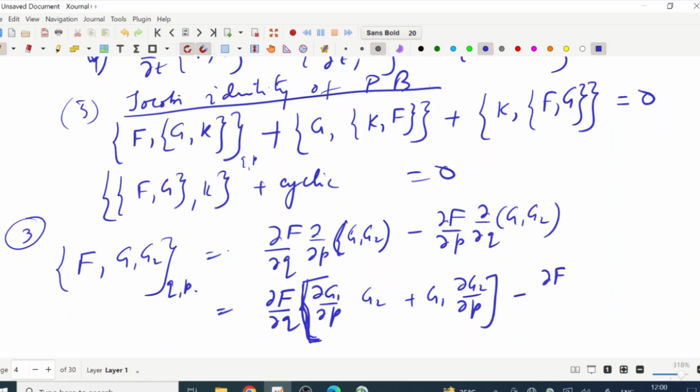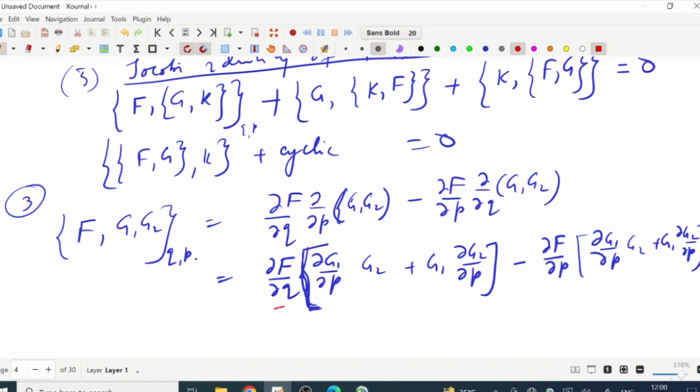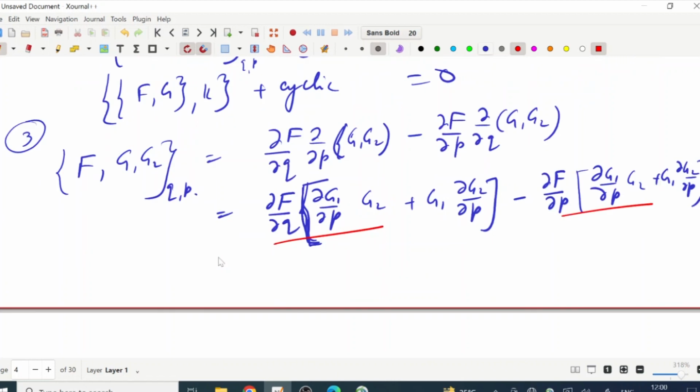Similarly, the second term will be del g1 del q of g2 plus g1 del g2 del q. Now you can combine. If you combine this term with this term, you will get the Poisson bracket of f and g1, and outside is g2. Similarly, if we combine the other two terms, you will get g1 and then the Poisson bracket of f and g2,